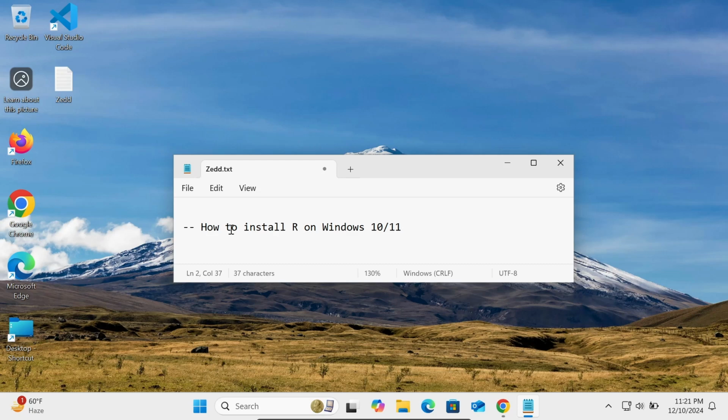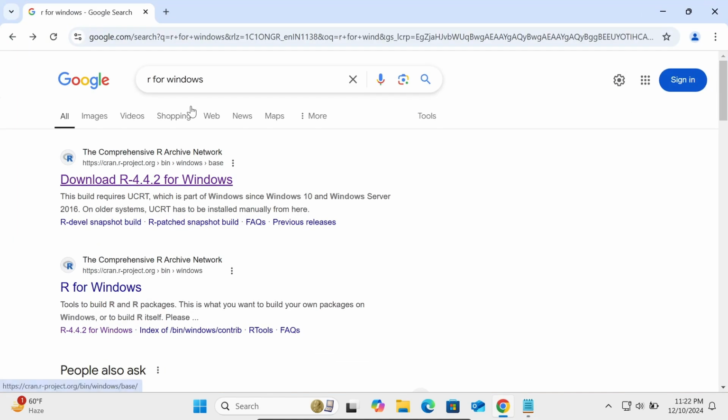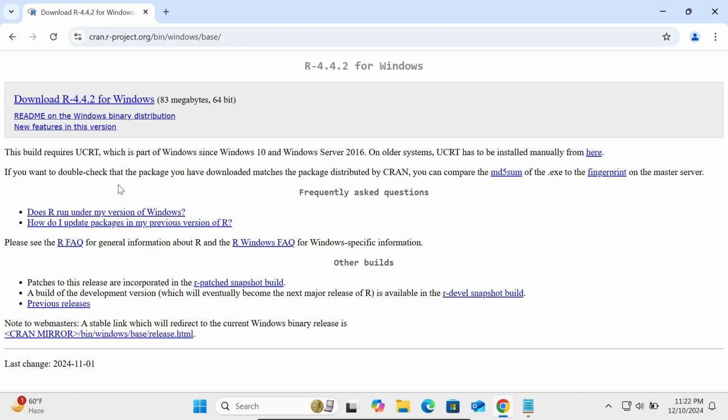In this lecture, I'm going to discuss how to install the R programming language on a Windows 10 or 11 operating system. So for this, in the Google search box, you can search for the R project's site for Windows. You need to write this, then you can go to this site. So let's click there. Then you can see the version is there. So you need to click download